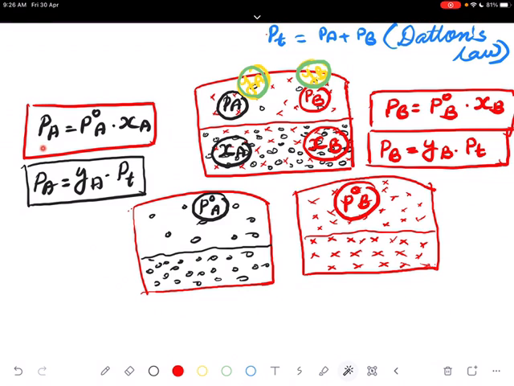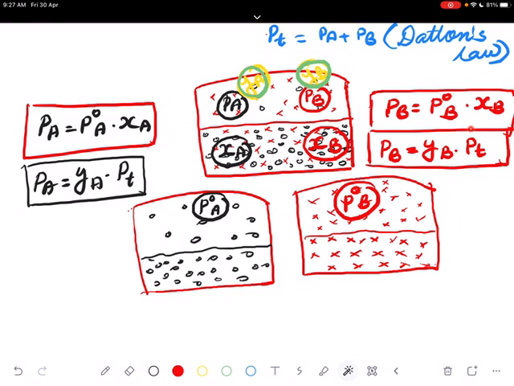See, Raoult's law is PA is equal to P naught A XA, PB is equal to P naught B XB. Suppose you consider this B component as highly volatile, so that it exists only in the vapor phase, just like carbon dioxide, and here it is water. Now what happens? This one does not exist. Only this exists in that condition, because we have considered one as non-volatile and the other as highly volatile. So in that case, PB is equal to P naught B XB exists.